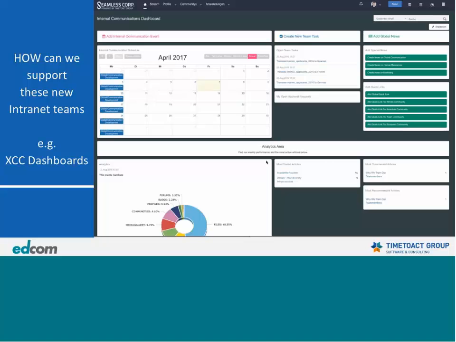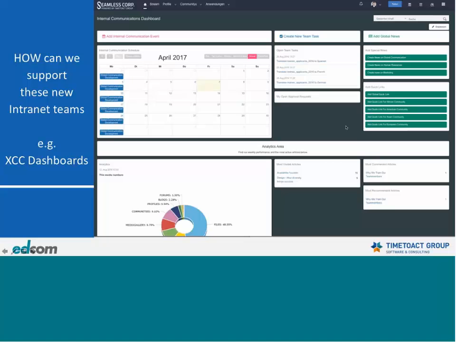So what you see here is an internal communication dashboard that we can build up with the same techniques that we're using for the Internet portal, but just as an internal tool. And what you see here is basically an aggregated view out of our widget technology that brings together the overview for the upcoming tasks on certain topics or special interest news that has to be produced or has to be